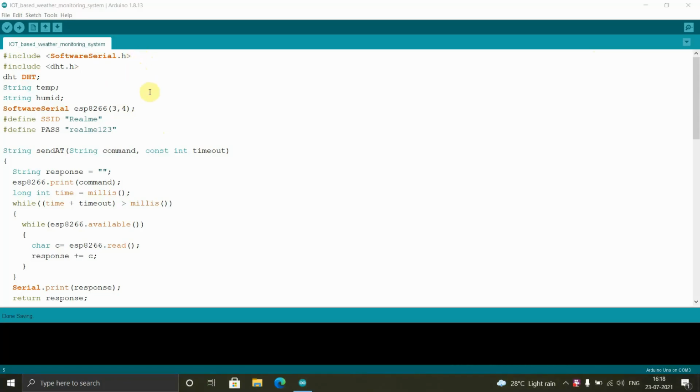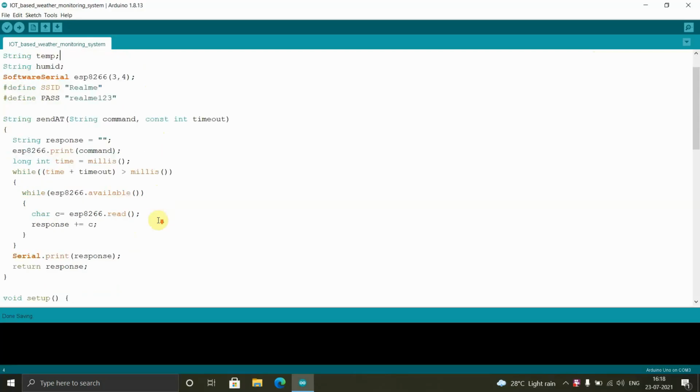The first part, we need to download the software serial and the DHT libraries and install them separately. For reading the data from the sensor, we need to declare string for temperature and humidity. Then we'll skip to the void loop and declare the data to be read and serially transferred.